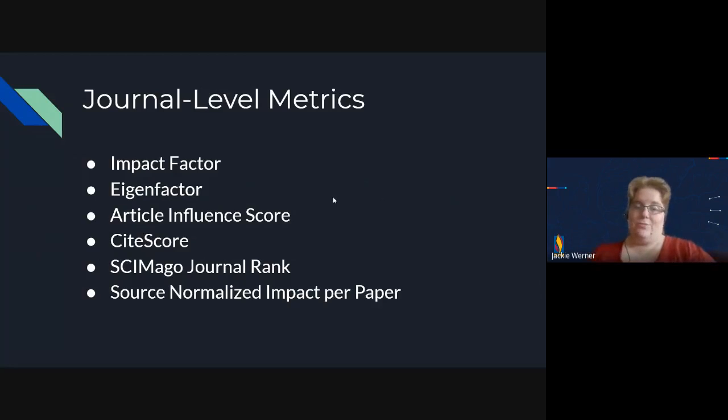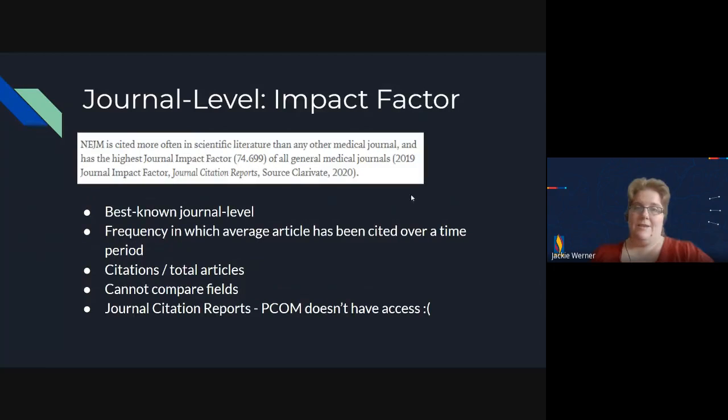So let's go into the one that you've almost certainly heard of already, which is impact factor. This is probably the best known of all journal level measures of impact. It covers the frequency in which an average article in a journal has been cited over a time period.